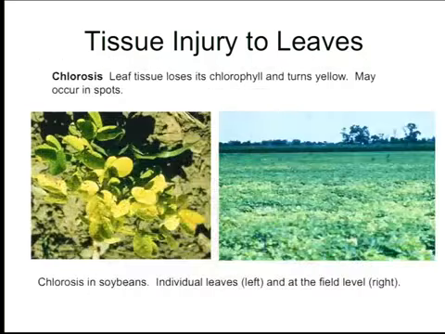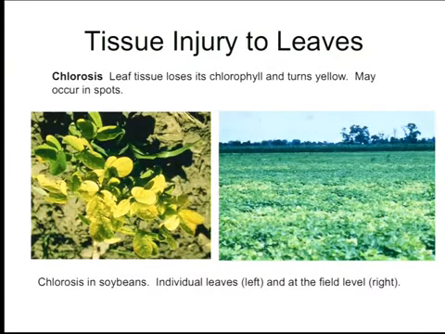Next. Here you have chlorosis. So for example, chlorosis is very typical that plants get yellow, and that's typical of nitrogen deficiency. It's typical, but not always. This could be a virus that is causing the impact.